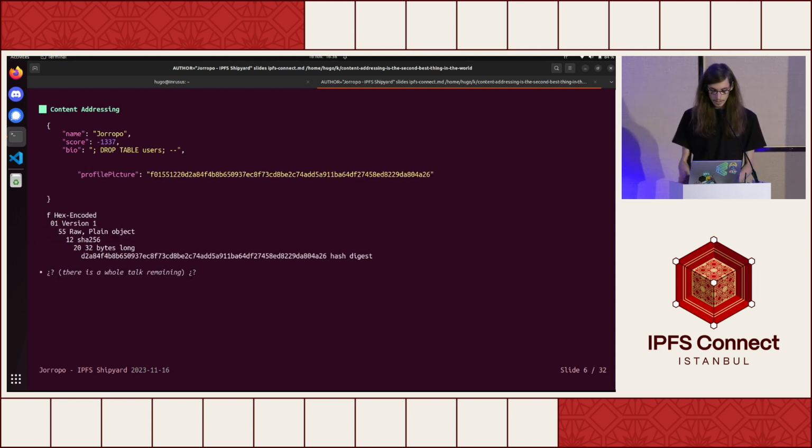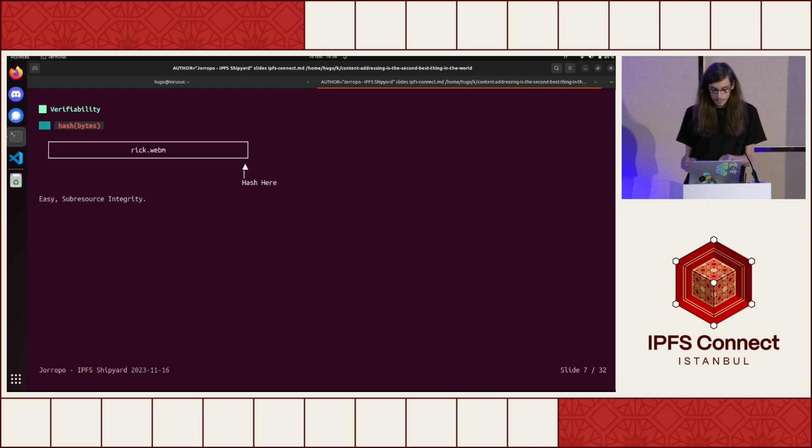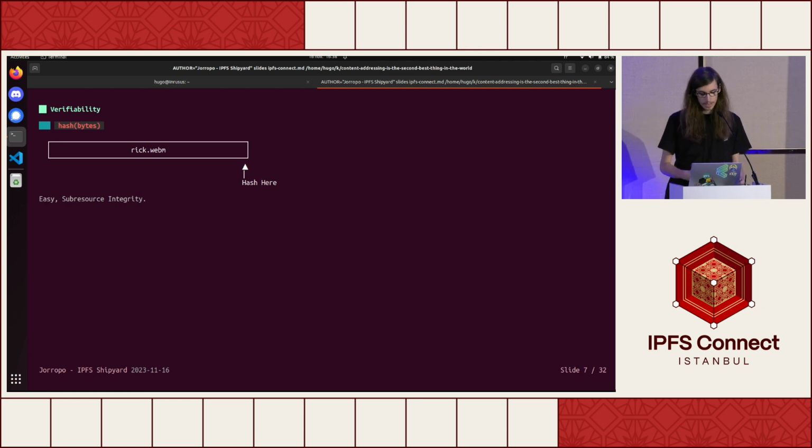So I think the solution we should use is we should put hashes here. So this is a CID. This is the term we use in IPFS. It's basically a hash plus a tiny bit of metadata. And what does that bring us? So the easiest way we could think about this is I'm going to take my data and hash it. And that already exists on the web if you want to use it in browsers. It's called sub-resource integrity. But I don't think it's great because it lacks many features that make